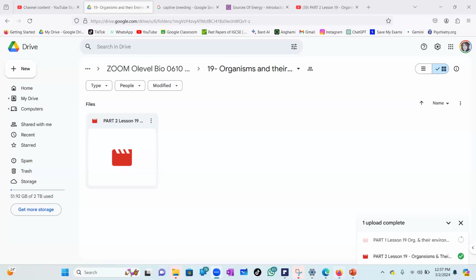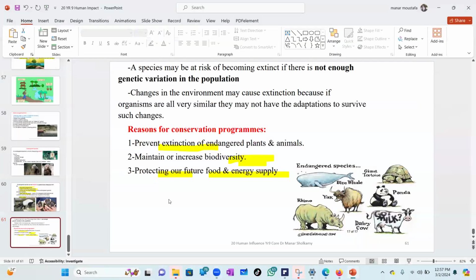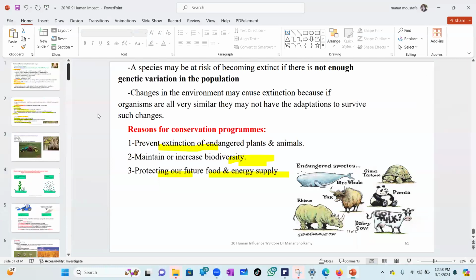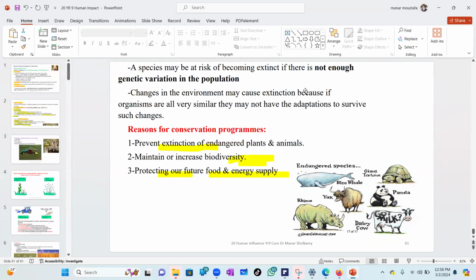So what are we doing today? We are doing chapter 20, which is human impact. This is also a very easy chapter, but not because we left ecology till the very end. I keep on saying that. This doesn't mean it's not important. Actually, ecology is a very important lesson, and it shows up on every single exam, every variant.